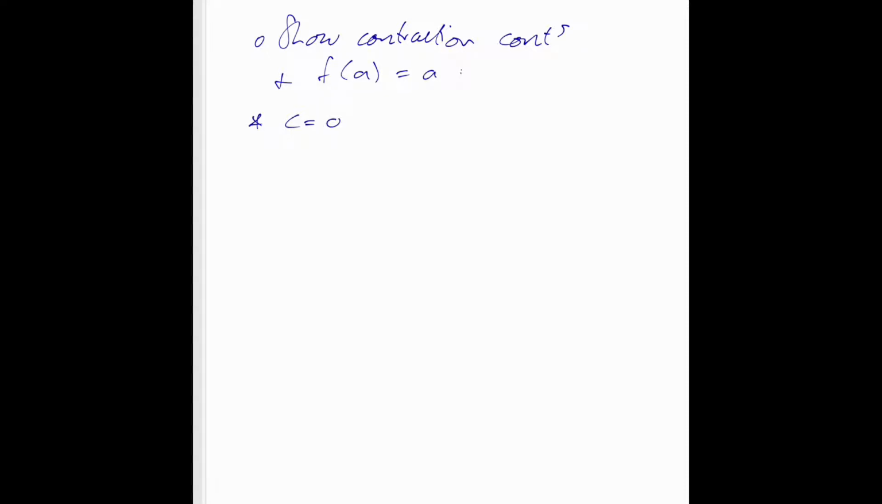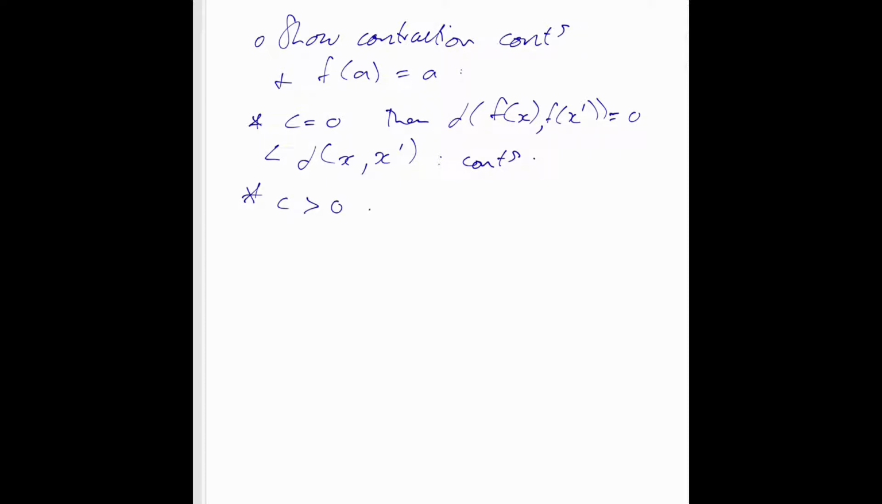Now we know that f will be continuous if we set c equal to 0, because then the distance between any 2 points of the function f will be equal to 0, because f is a constant function, and this is obviously less than the distance between any 2 x points on the domain, so f is continuous. For c greater than 0,